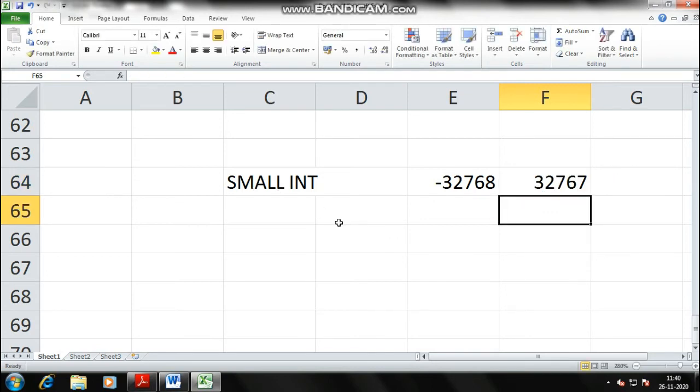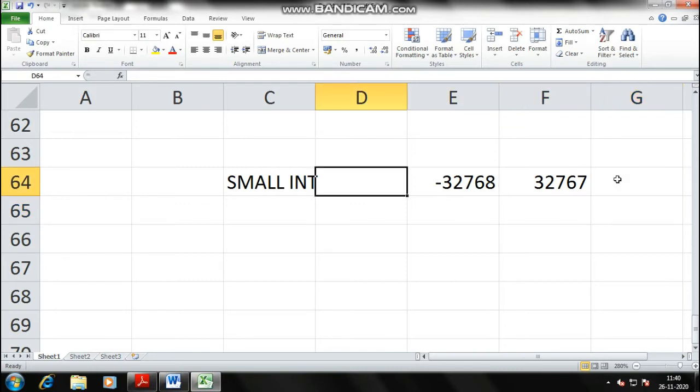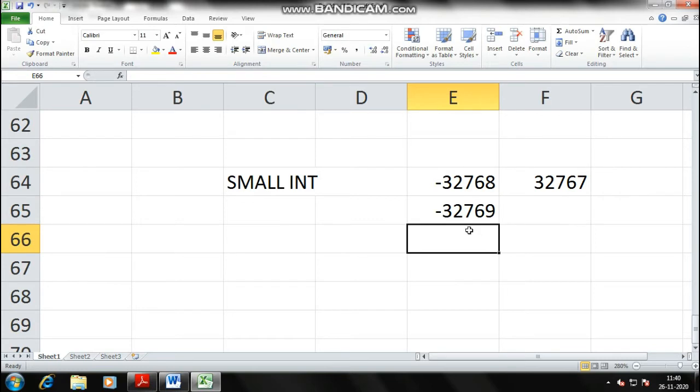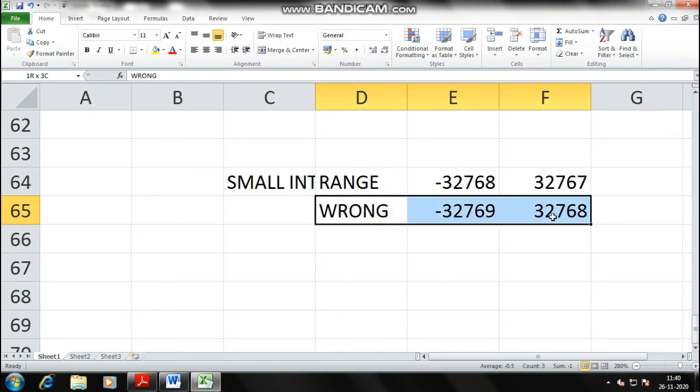So you can take a range from minus 32,768 to plus 32,767, and if you write 32,768, it will be wrong. Okay, and if you write minus 32,769, then also it would be wrong, because this is the exact range, you cannot write beyond the range.